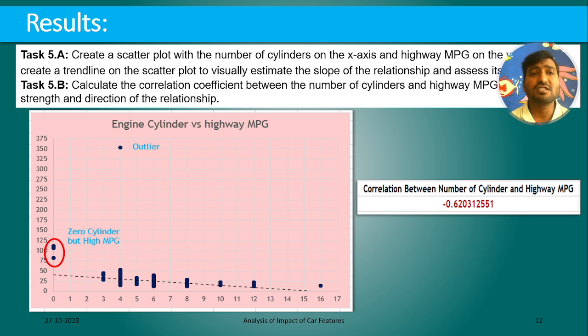Coming to the insights, task 5, we need to create a scatter chart with the number of cylinders on the x-axis and the highway MPG on the y-axis. After visualizing this chart, we can see the trend line is downward, and here is an outlier because the number of cylinders is 4 and the mileage provided by the car is around 350. That is definitely an outlier. Another thing is that the number of cylinders is 0, but it is providing a mileage of 75 to 125